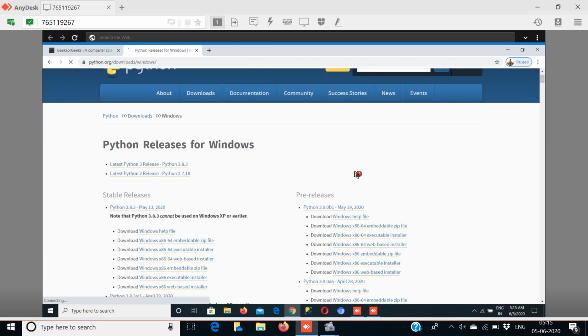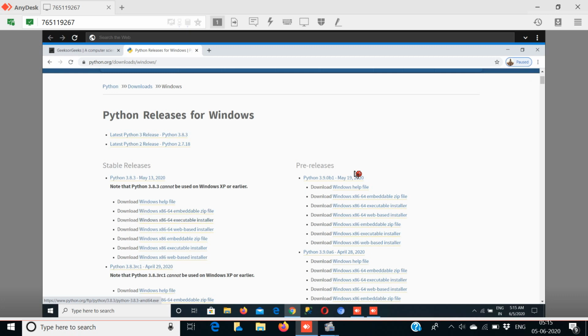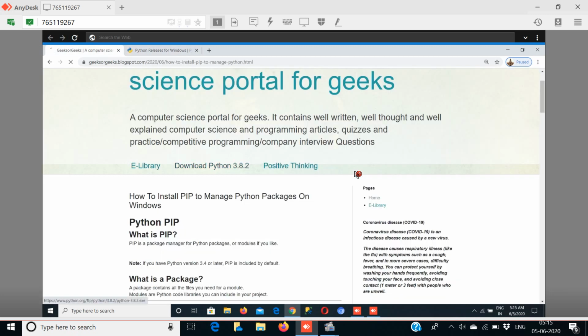Now you may download from here the executable installer, or you may download from here directly.